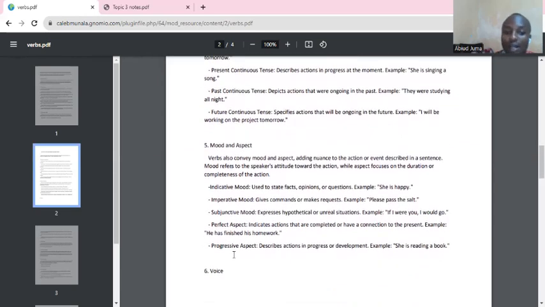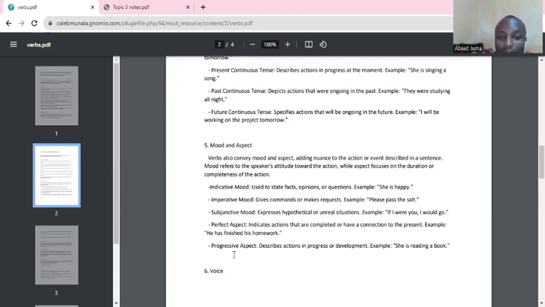We also have the other aspect, which is number 5, aspect and mood. Verbs also convey moods and aspects, adding nuance to the action or event described in a sentence. Mood refers to the speaker's attitude towards the action, while aspect focuses on the duration or completeness of the action. So, to indicate mood,